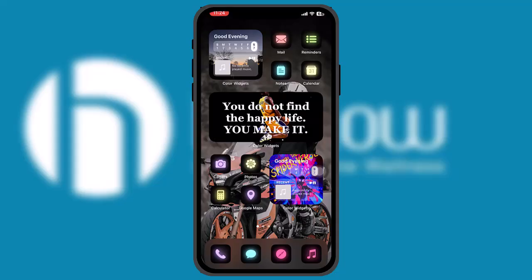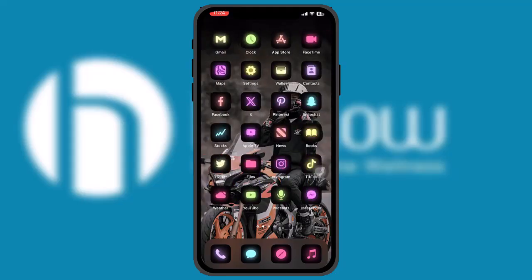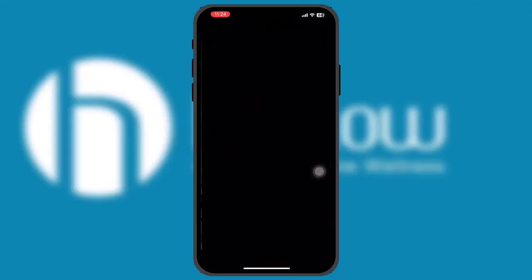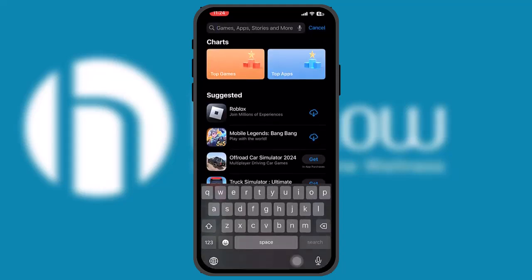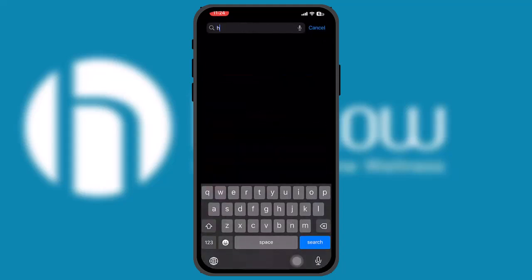Now the first thing that you need to do is make sure you have a strong Wi-Fi connection, and once you have checked that, all you gotta do is open up your App Store. And once you open up your App Store, tap on the search icon on the bottom right corner of the screen. Once you tap on search, here all you gotta do is enter in Healow